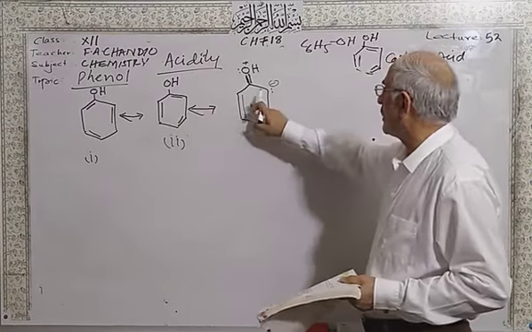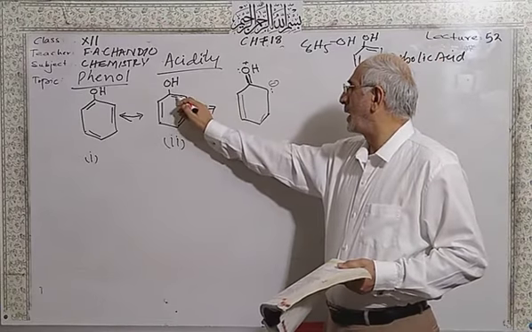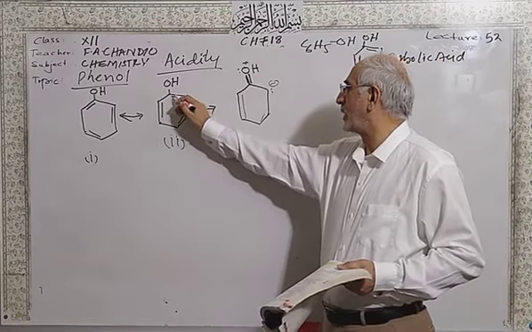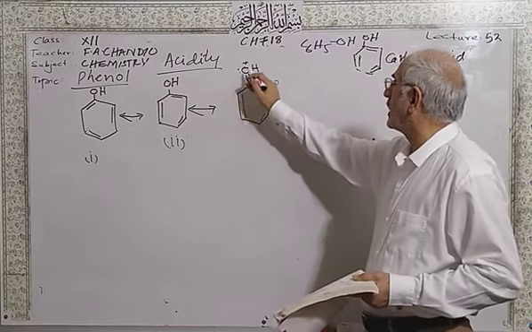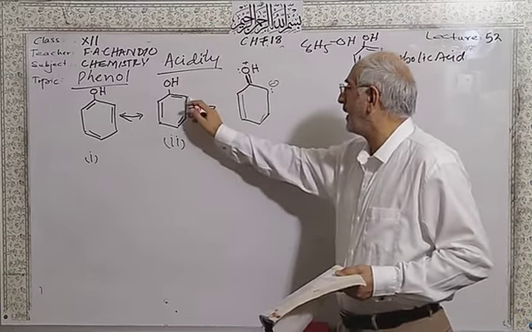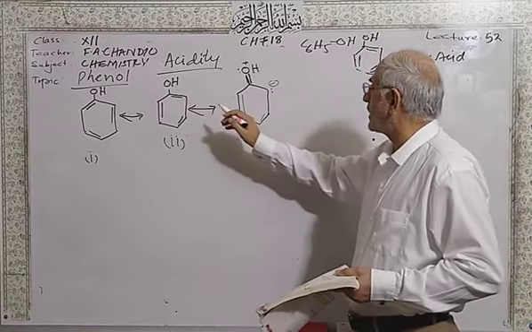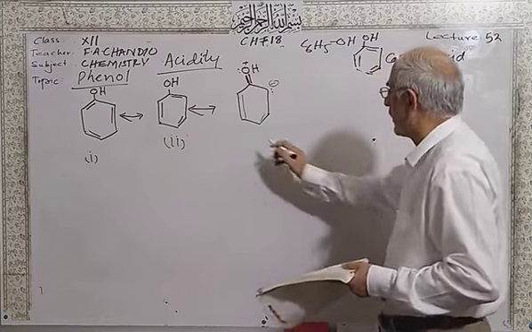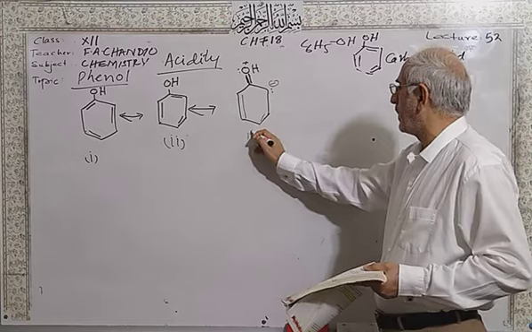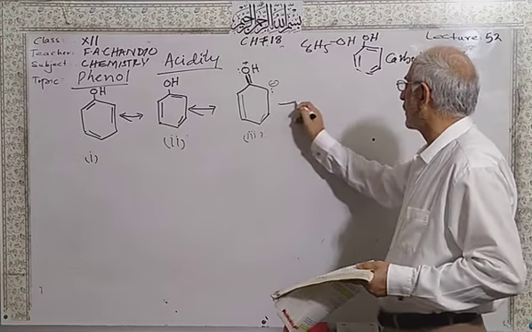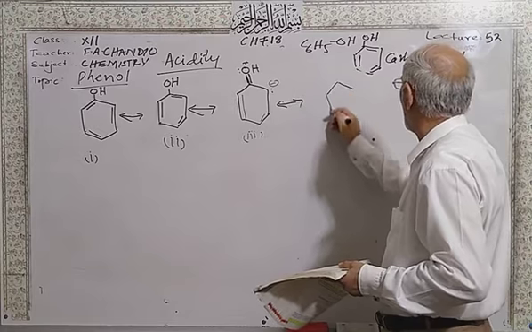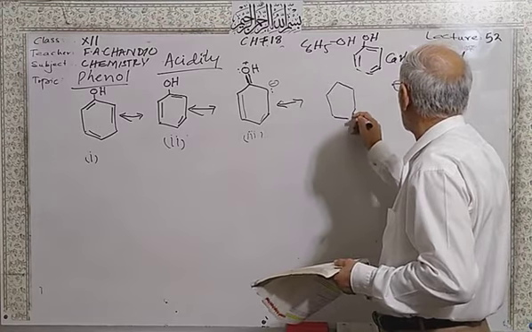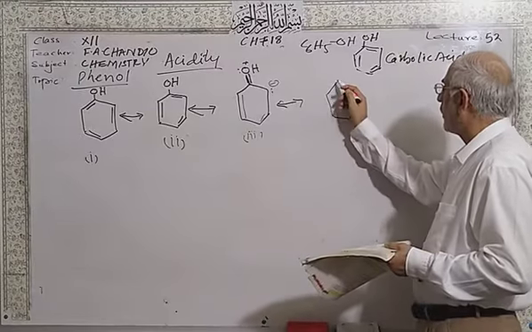So this structure can be changed because this bond is shifted to here. This bond is shifted to here. The valency of oxygen increases, positive charge is created. The valency of this carbon is not satisfied, negative charge is created here. So this is structure number 3. Number 4. In number 4,